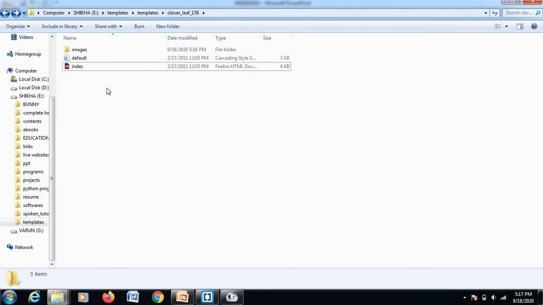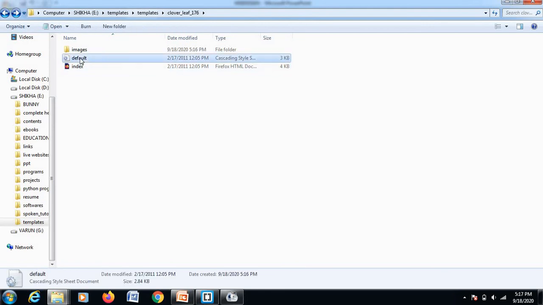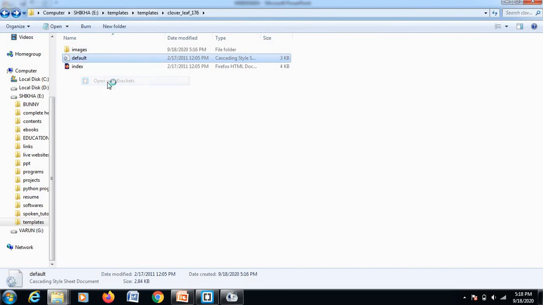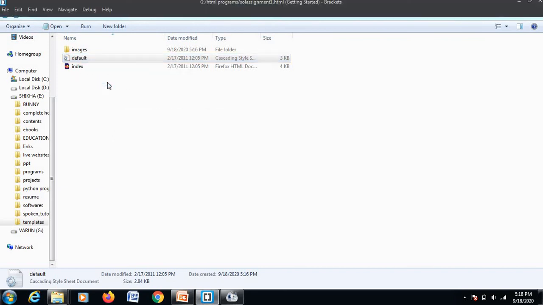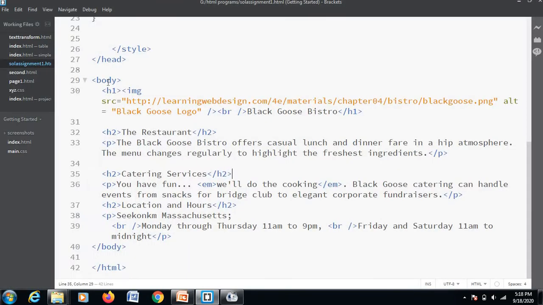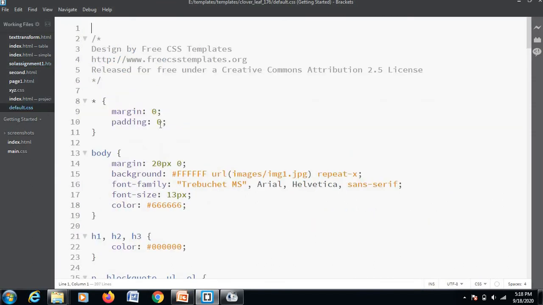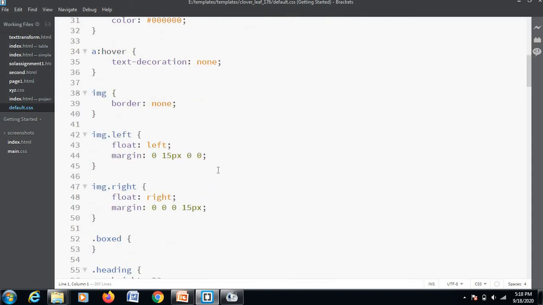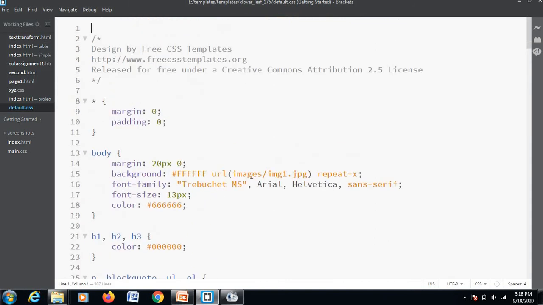Simply go there. Here is the default CSS file. See, let me show you the code of this file. Open with Brackets. So here is the code of the CSS file of this particular template. You can change it now, as we have downloaded it, so we can change this file.